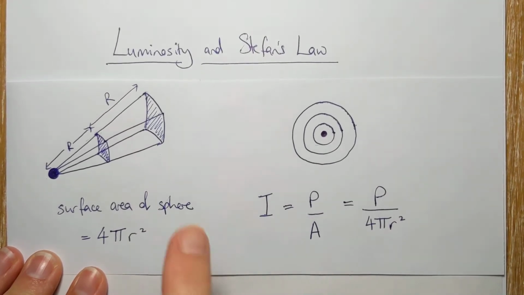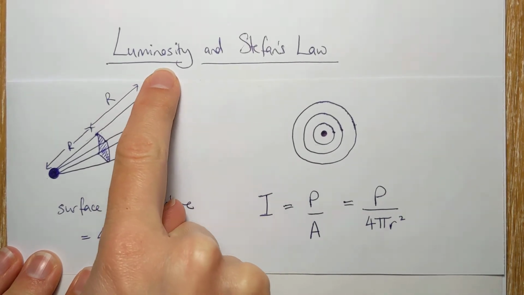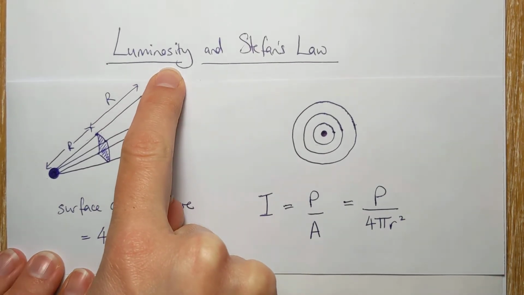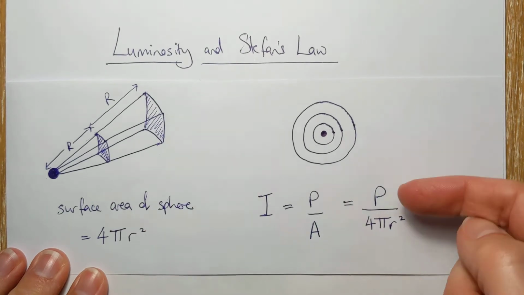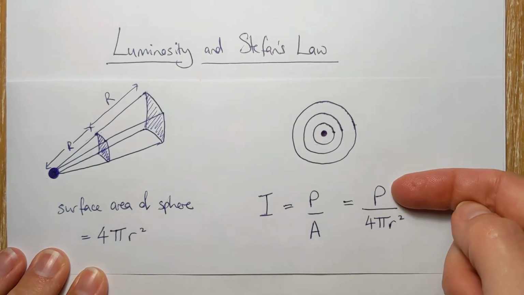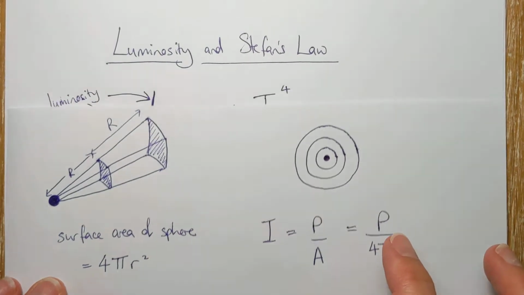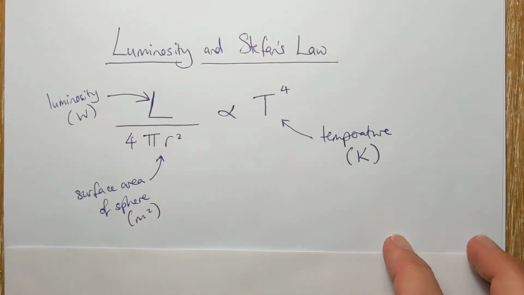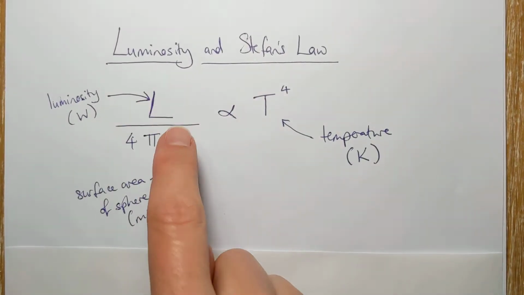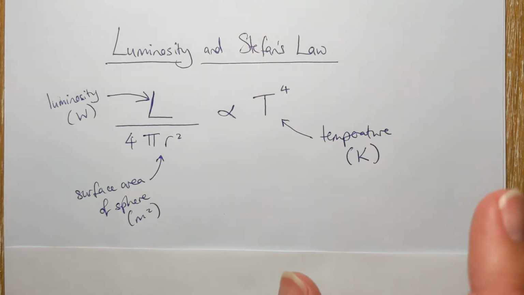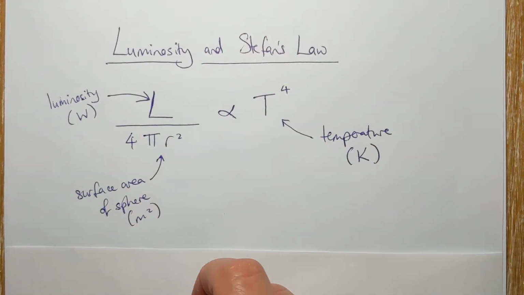Now, we have a special name for the power of a star, and that's luminosity. So luminosity is the total power radiated by a star. And it's just measured in watts as usual. So when you see L for luminosity, just think power of the star, the total power radiated. And it turns out that